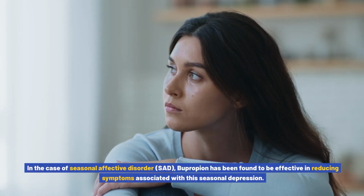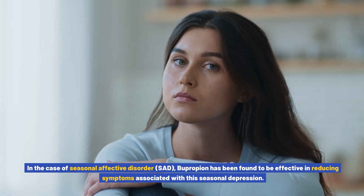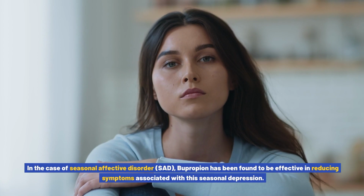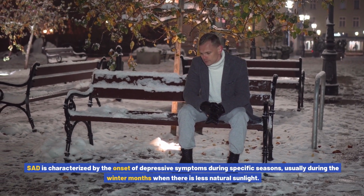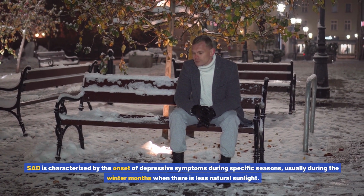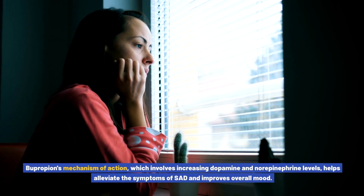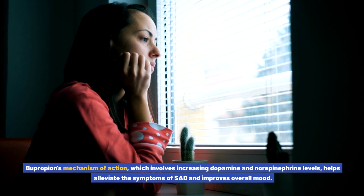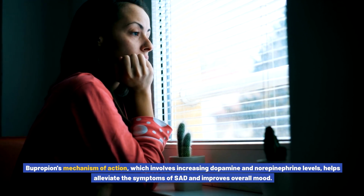In the case of seasonal affective disorder, SAD, bupropion has been found to be effective in reducing symptoms associated with this seasonal depression. SAD is characterized by the onset of depressive symptoms during specific seasons, usually during the winter months when there is less natural sunlight. Bupropion's mechanism of action, which involves increasing dopamine and norepinephrine levels, helps alleviate the symptoms of SAD and improves overall